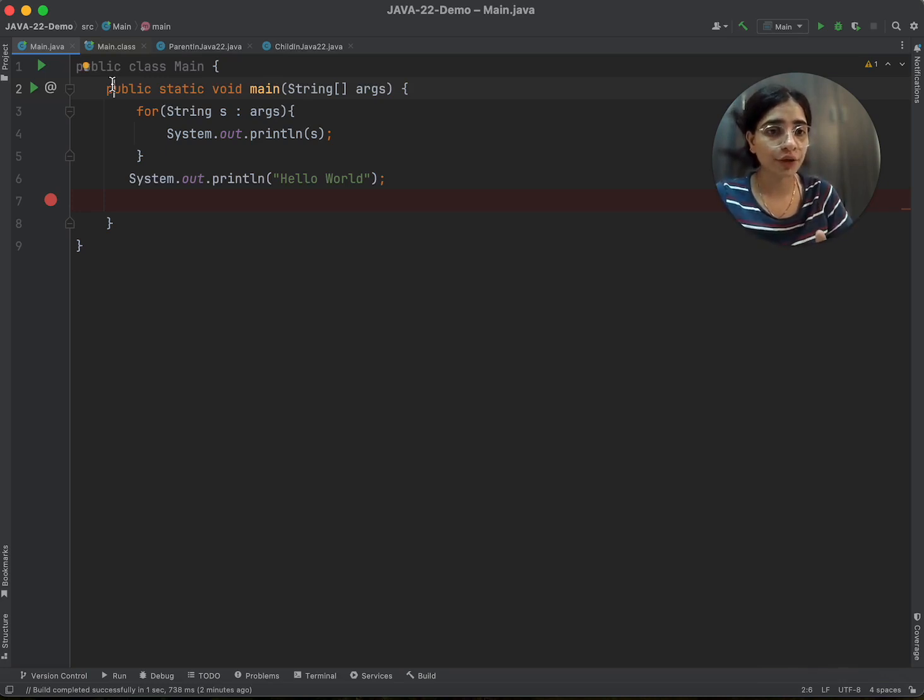So Java 22 has a feature which is instance main method, and this feature came out as a preview feature of Java 21 as well. Now this feature is live with Java 22, but as a second preview feature. A preview feature is a feature which may be continued in the next version of Java or may not be continued. So now let's try to understand what exactly is this instance main method.